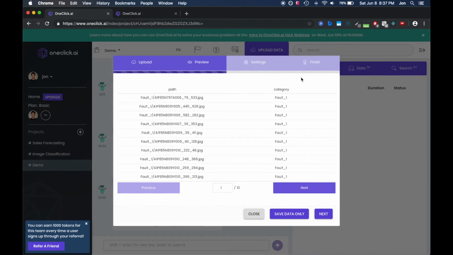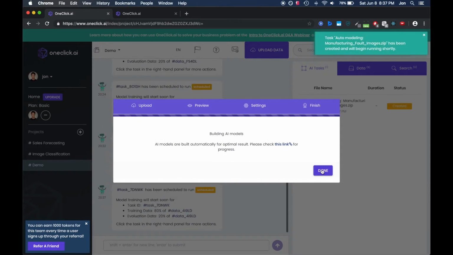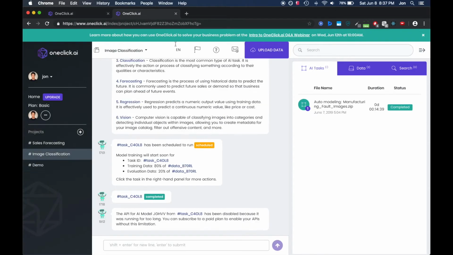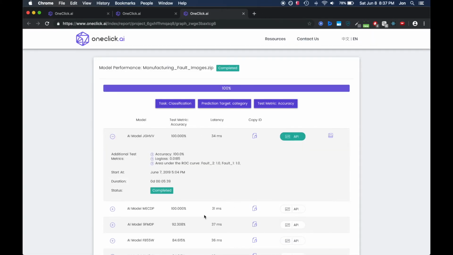a minute. Now that our data is uploaded, all we have to do is click Next, select Classification for the task, and predict category, and then click Submit. And this will take some time to run, but for our purposes, I've already ran it, and we can go to the report page for the task right here and see all the models that were created, and see the